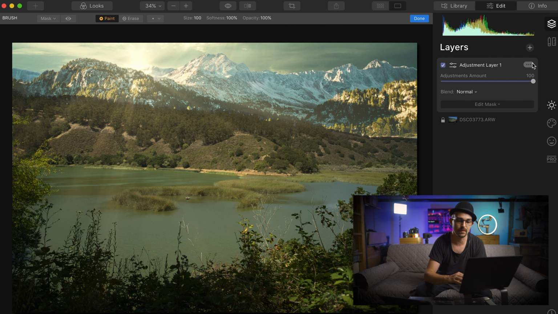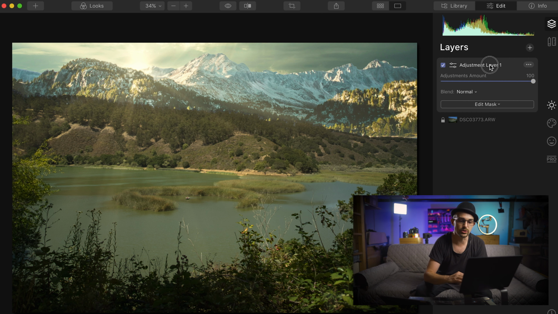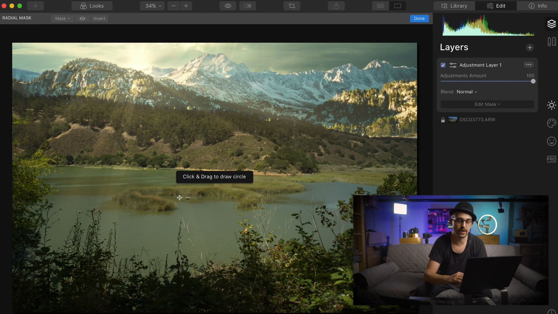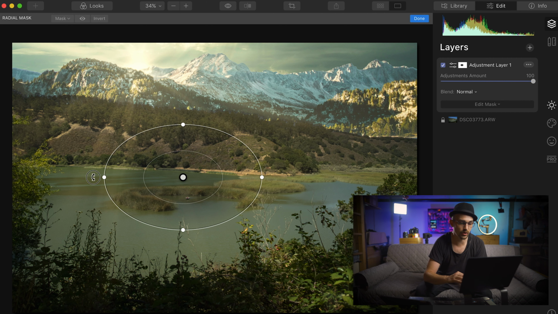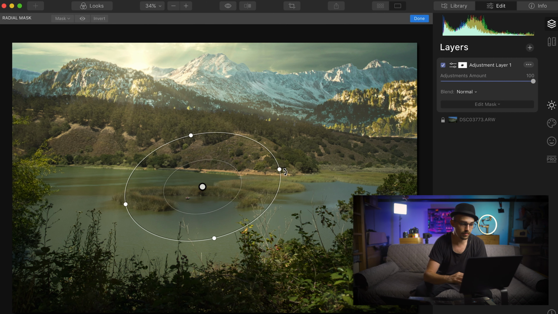And so I'm going to go back to my adjustment layer and I'm going to edit, and I'm going to start with a radial mask. And that is just drawing a circle basically. And so I'm going to click to draw this circle, and I'm going to make it a little bit weird because I just want it to cover this line of circles because that's where my sun rays are really hitting, plus maybe a little bit past that. And so I'm going to stick this on my main